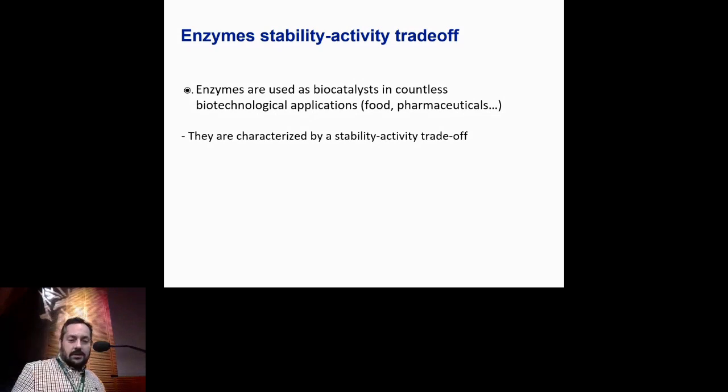In an analogous way, enzymes have to be stable because they have to fold into a stable 3D conformation, but they also have to perform their function. So they must not be too stable because they undergo conformational change. I mean, the catalytic pocket opens, then the substrate enters and binds with the enzyme, and then the product comes out of the catalytic pocket. And so they do not have to be too stable.